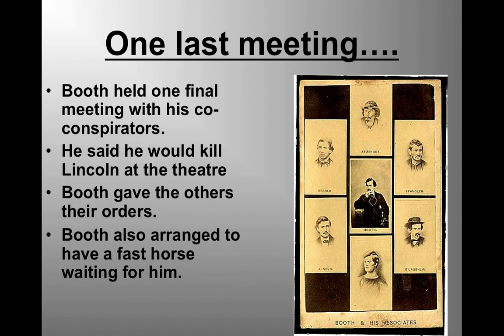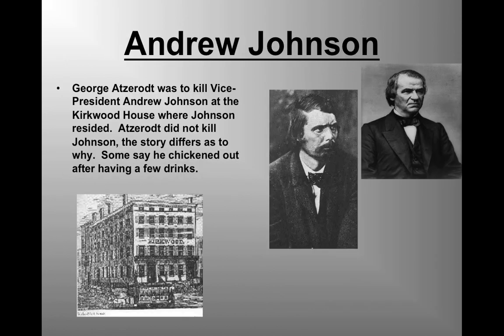Now, if you watch a lot of movies, you probably often see getaway cars that the bad guys use to get away from whatever it is that they're doing, if they're robbing a bank or committing a crime or whatever. Well, in 1865, there was no such thing as a getaway car. So the handsomest man in America, John Wilkes Booth, had a fast getaway horse. And that is how he was able to leave Ford's Theater. More on that in a little bit.